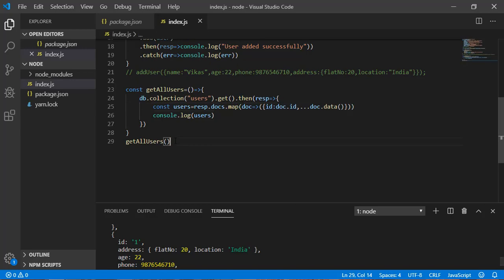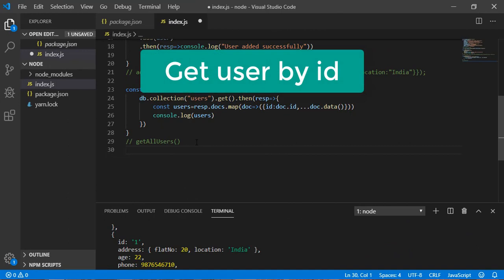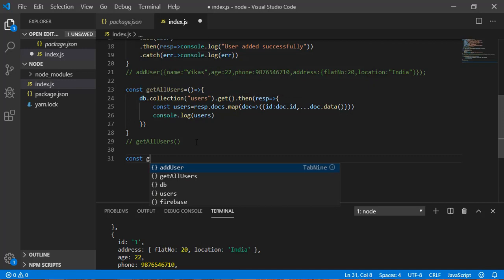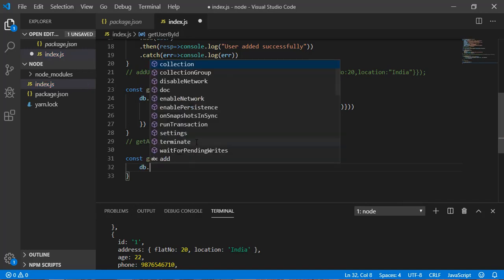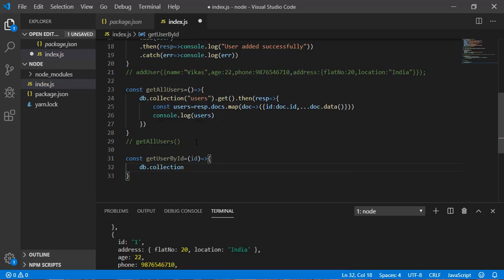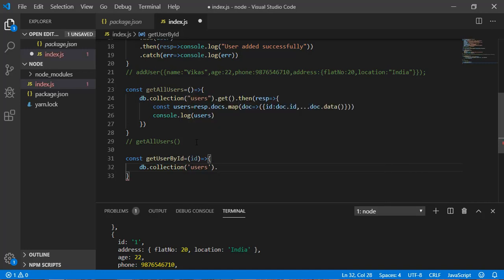Now let's comment this one. I want to get a user by ID. So how can I do that? Let's create a function called get user by ID, and this is going to get an ID. Now what we can write, db dot select the collection. We have collection users. Now what can I do?